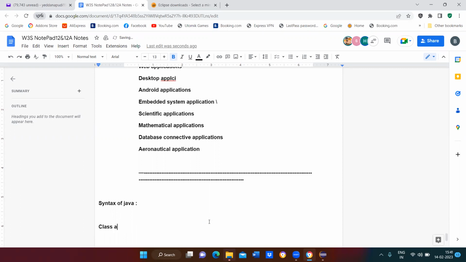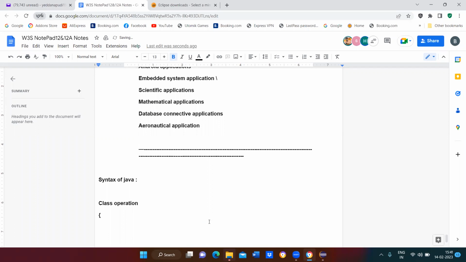For example, operation. Under that, you need to give open braces. When you want to compile a program without the main method, you cannot execute it. So for that, we use public static void main string args.